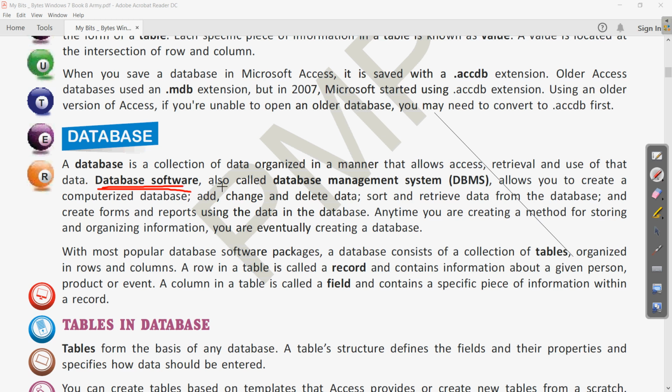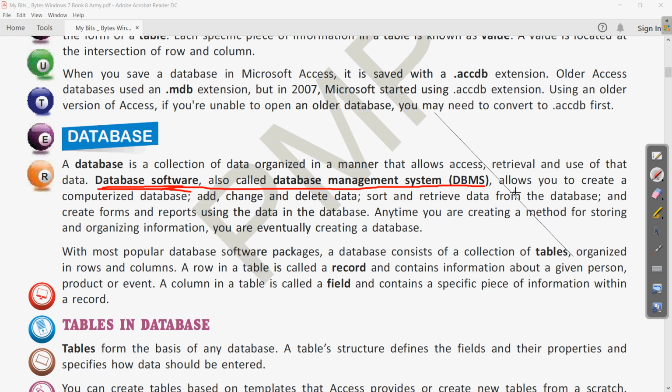So the answer of the DBMS is this much, that the DBMS is the database management software which is used for managing the database. So this is the definition of DBMS. Then the next part of the question is why we need the database. So write a heading like the need of the database. In that you can write the answers point wise. If you are writing the answer point wise, it will be easy as well.